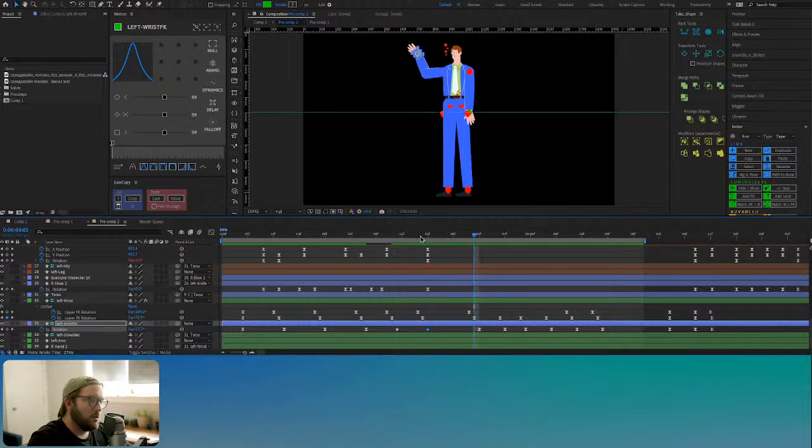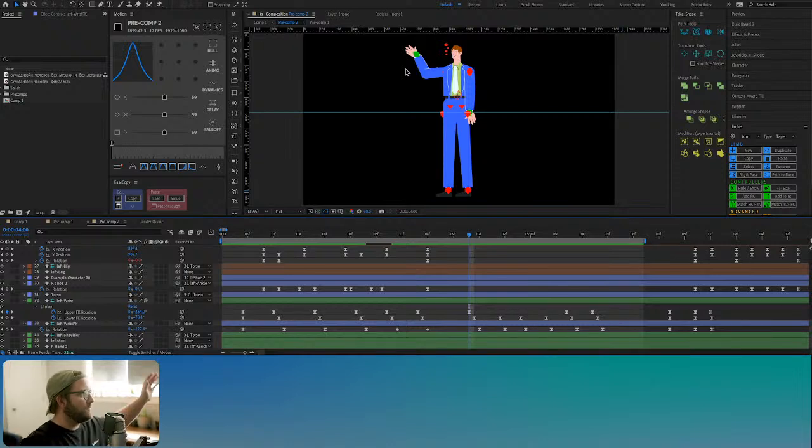Okay, so as it goes from its resting position up to the first kind of motion of the wave, what this animation is doing is you have two, when your arm is raised to wave, okay,